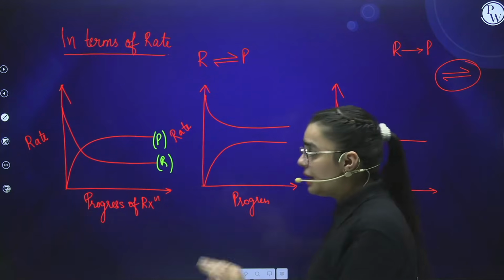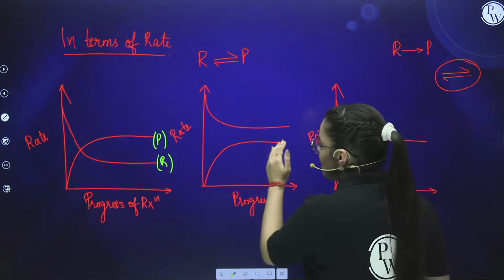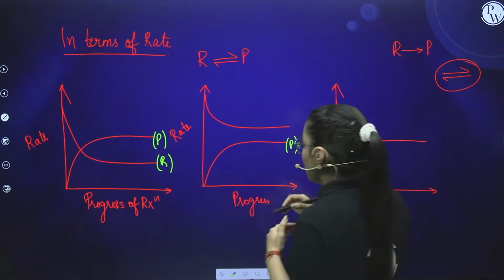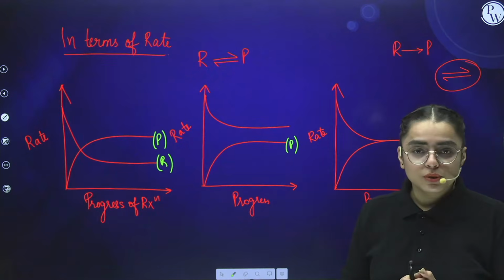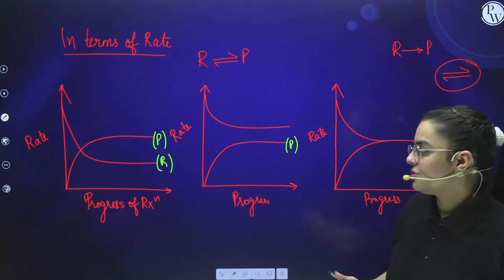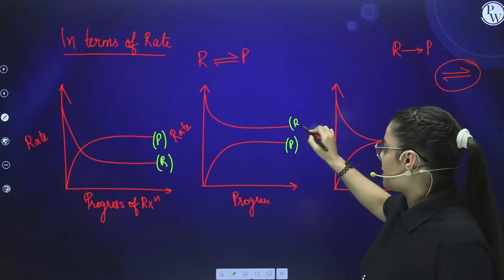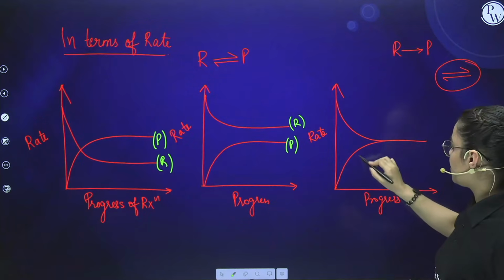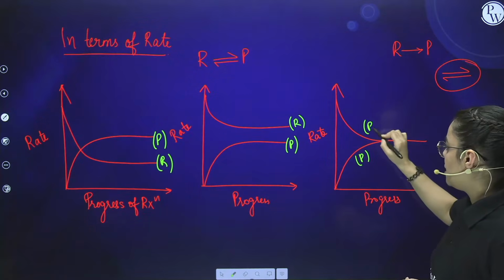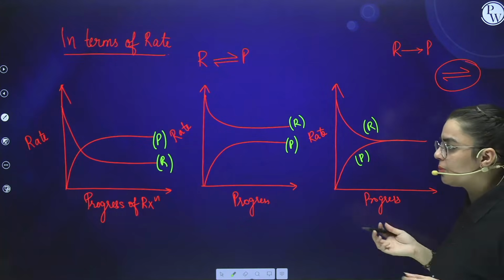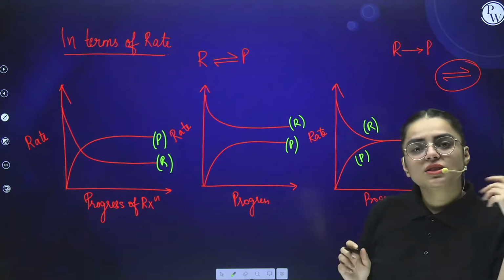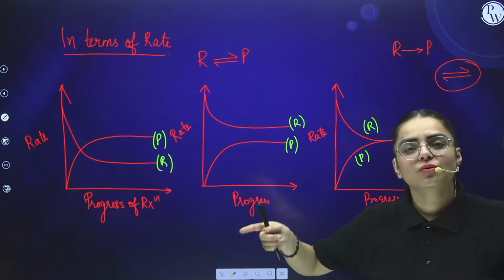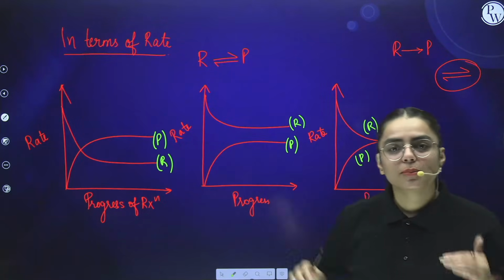If I see in this case, this is the line which is increasing, it is again the product, because we know when there is an increase in the concentration, then we observe the product. When there is a decrease in the concentration, then it is the reactant. This is for product, this is for reactant. Now you will say, ma'am, you are talking about concentration. See, I am talking about the curves over here. So I am considering the curves with respect to the formation of the product and the decomposition of the reactant.